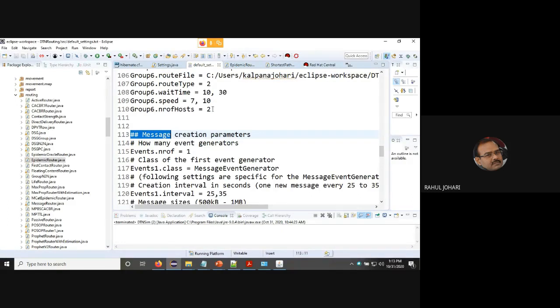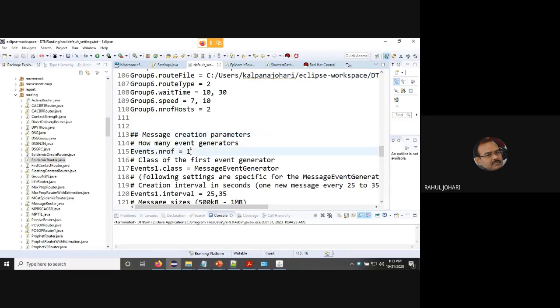Now till line number 110, what we did was identify the nodes. We have given them the names. We give them the message TTL, which was 5 hours, 300 minutes. Then we give them the track files, the WKT files, and how the nodes will move around. Then we also give them the high-speed or the low-speed interface, the Bluetooth or the high-speed. And now we can set the values for the messages.